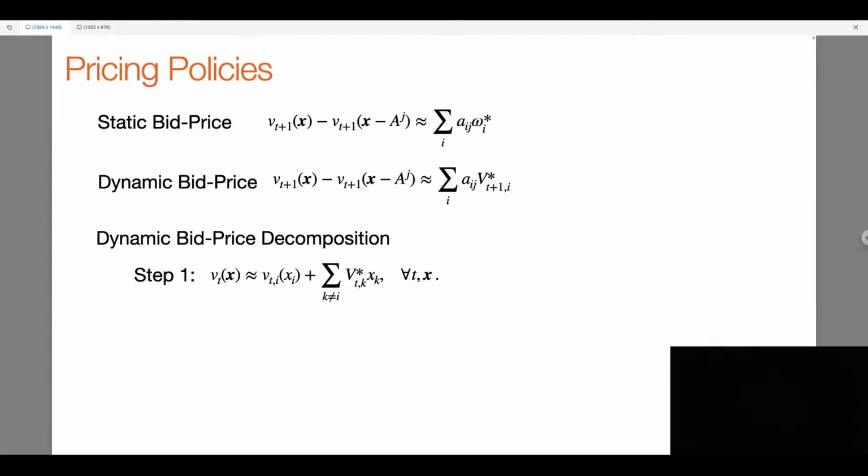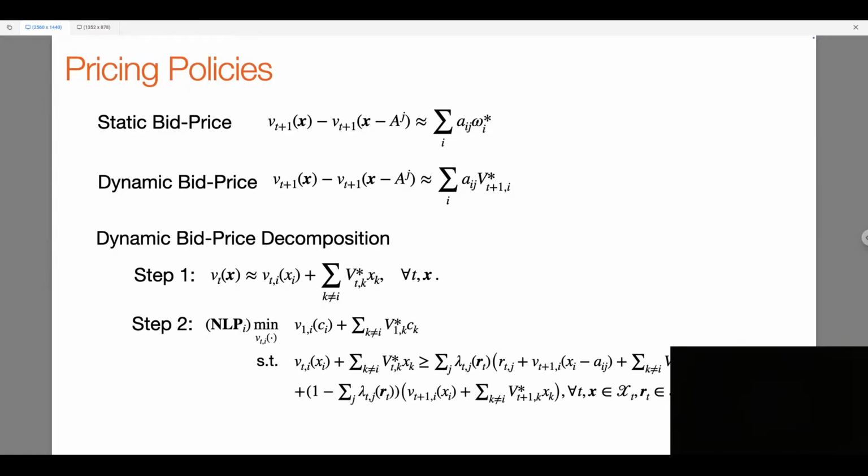That is, we consider the buy price is given and static under the optimal solution V star at current, and we're trying to approximate,